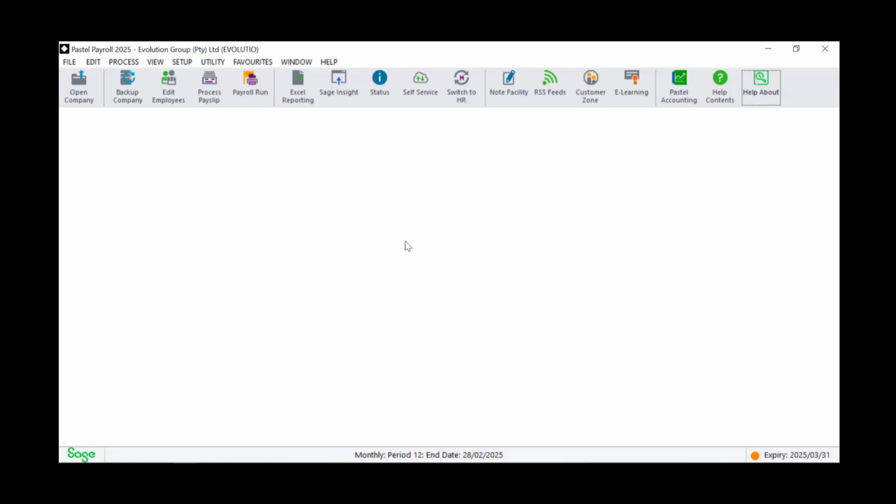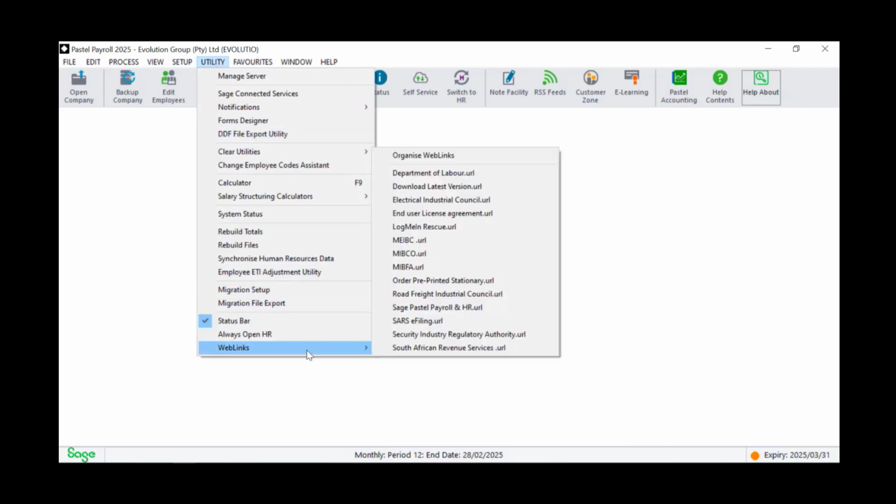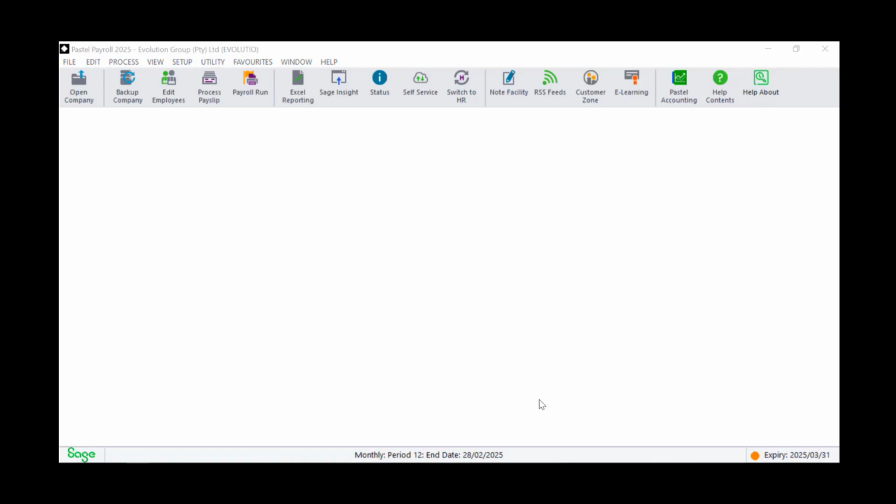Should you not be on the latest version of Pastel Payroll, not to worry. We do have a link in app where you can go and download the install file on our download manager. You go to utility, web links. We have a couple of web links for you guys here, and the second one would be download latest version. So when you select download latest version,